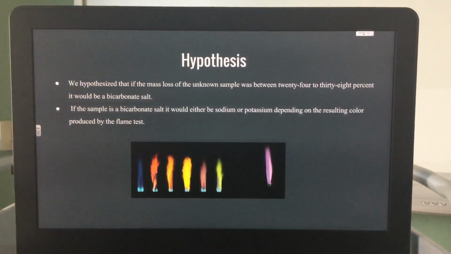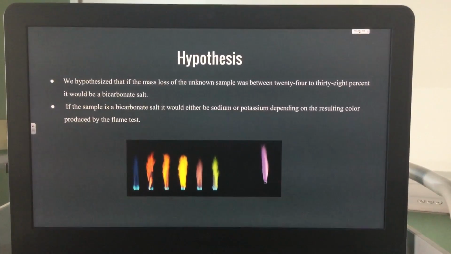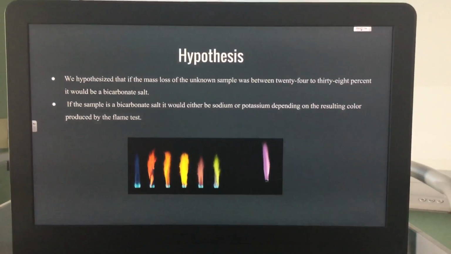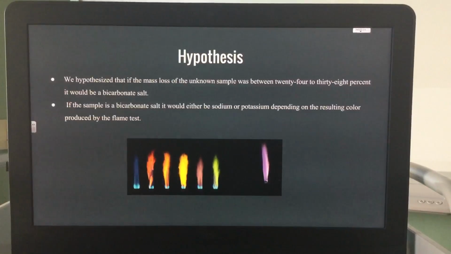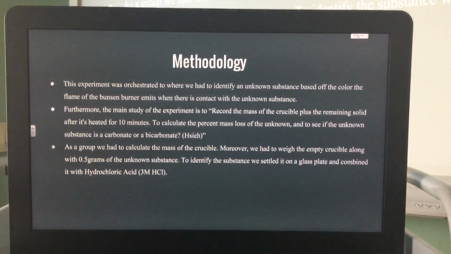We hypothesized that if the mass loss of the unknown sample was between 24 to 38%, it would be a bicarbonate salt. If the sample is a bicarbonate salt, it would either be sodium or potassium, depending on the resulting color produced by the flame test. For methodology, we have